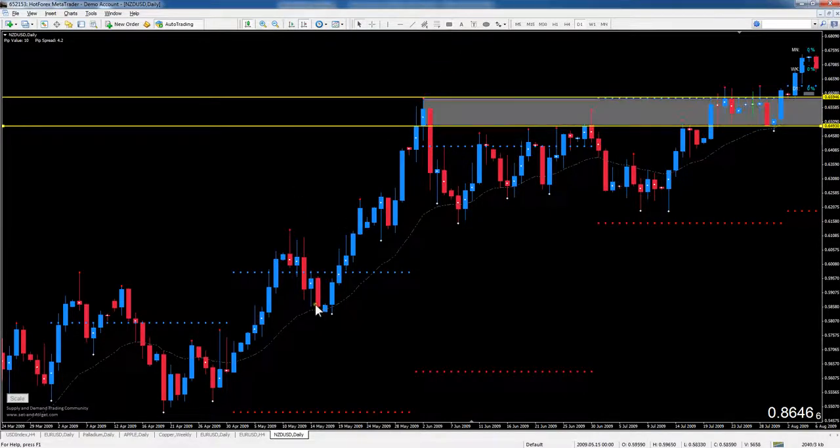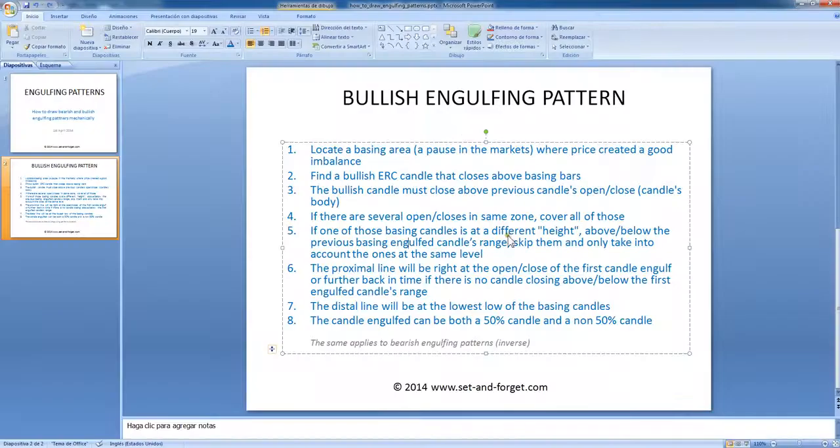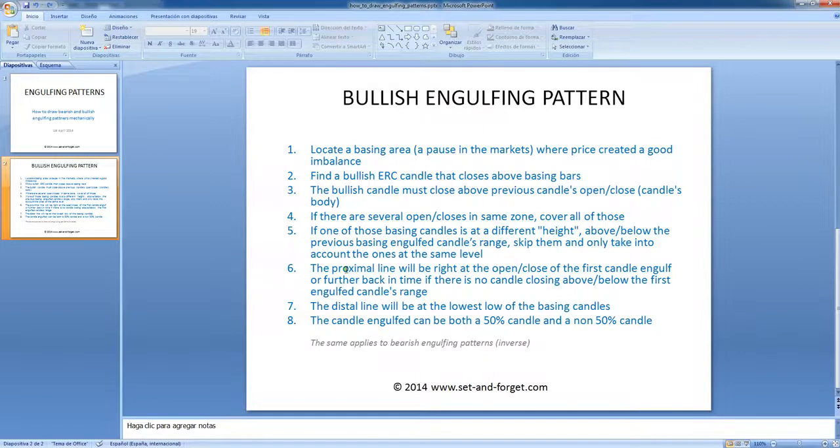This is a mechanical way of drawing bullish engulfing patterns and bearish engulfing patterns in this case, okay? So it is all explained here and in the lesson that I have created for you as a community, okay? Hopefully this will help you to identify the bases better and diminish your risk,